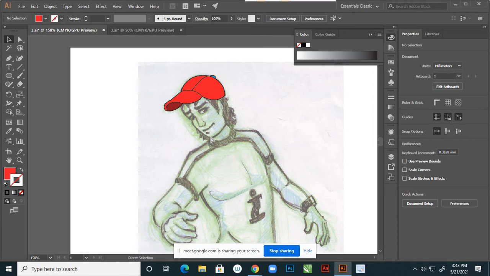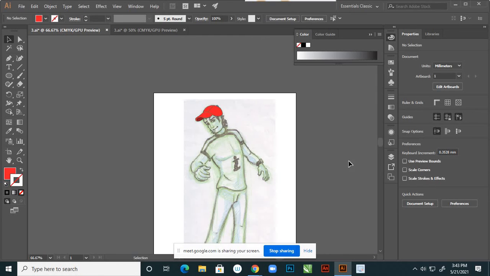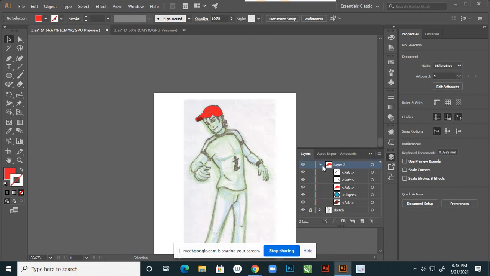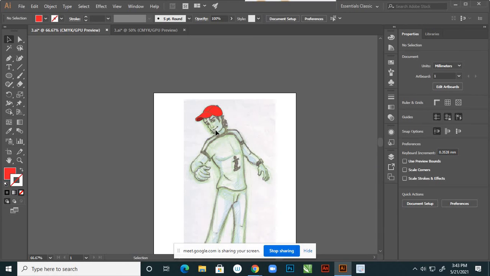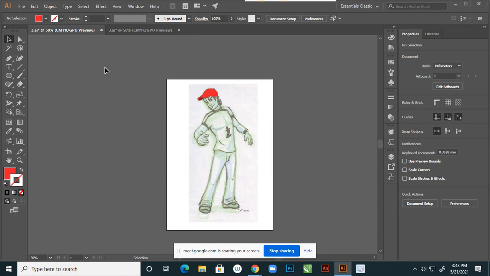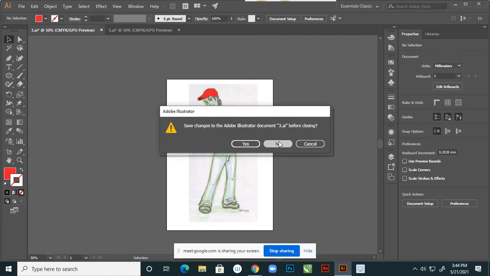This can be one drawing. Suppose we name it cap, right? Okay, these are the things, and I told you that without tracing or vectorization, I'll explain how to remove that background, right. So I'll explain that.